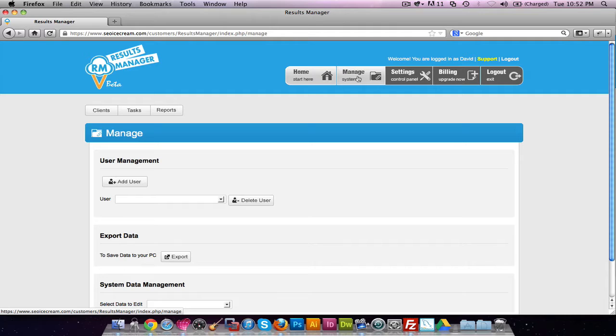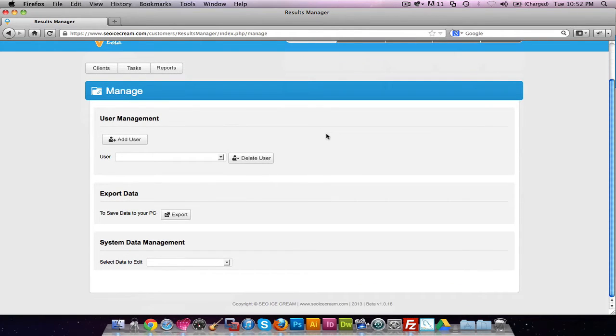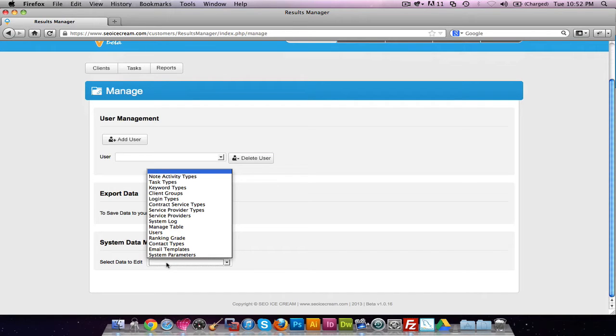Let's take a look over the next few minutes at how the actual security system works within SEO iScreen. We've got to basically go into the manage system area to really see what's going on here. There are a couple of different files that actually support the whole security system. Now you have to have a level of 9 to get access to this information, currently, on the